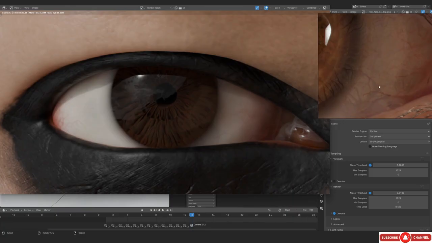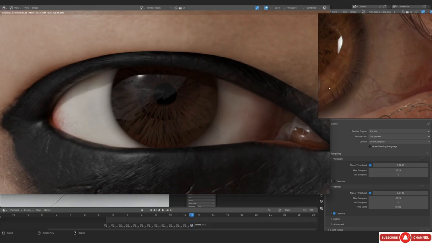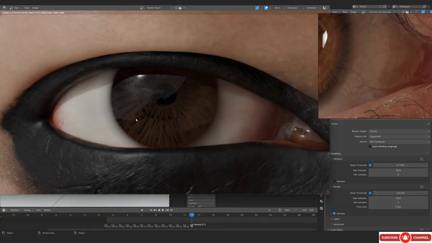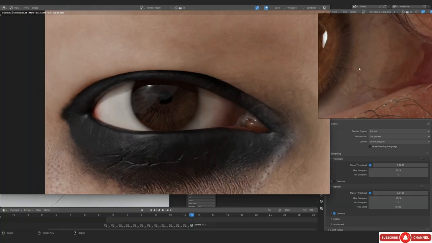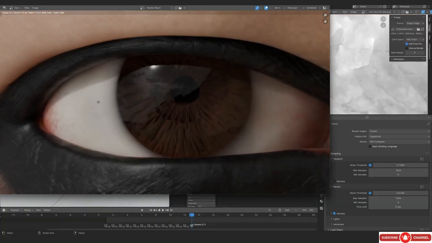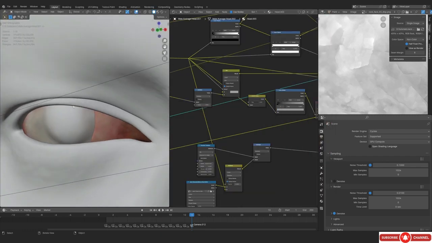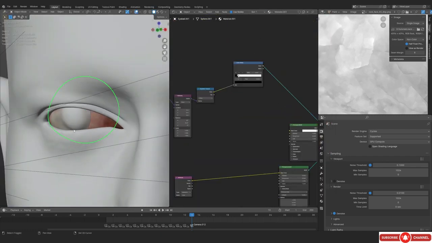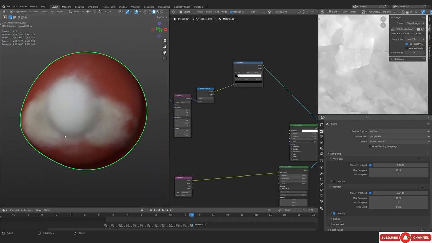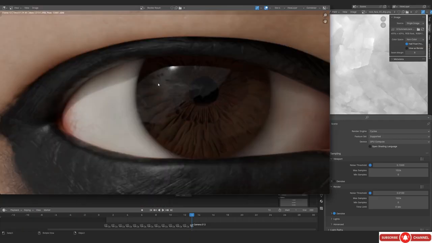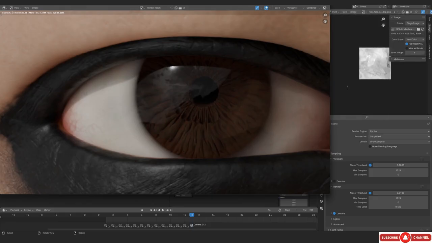And those bumps, they are actually distorting the reflections, because they are coming out, they're popping out, right? The veins are popping out. That's why the reflections are also distorting. But in our case, that's not the case, because the surface of the eyeball is still flat, right? Because we actually have not added any bump yet. So the next step would be to actually set up a decent shader.